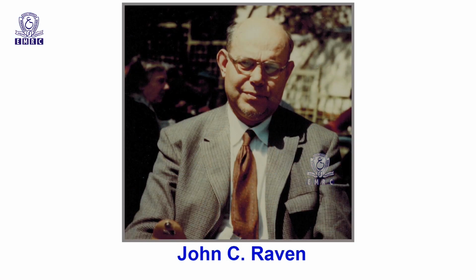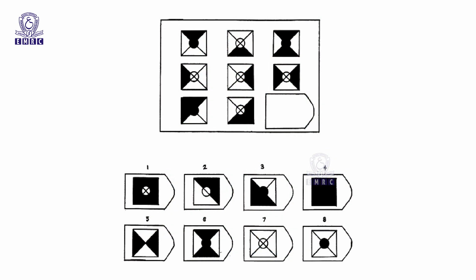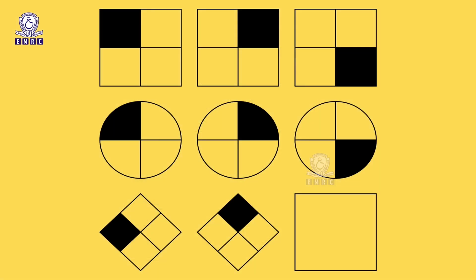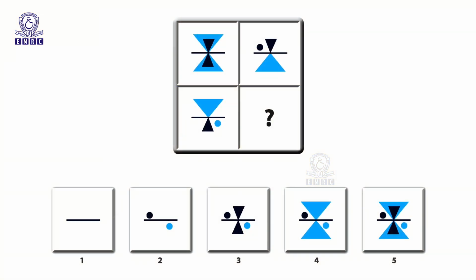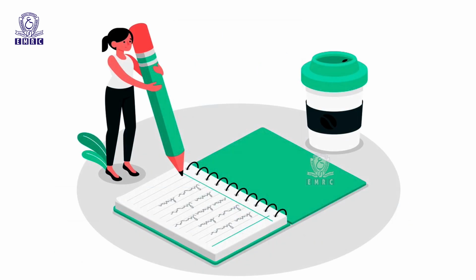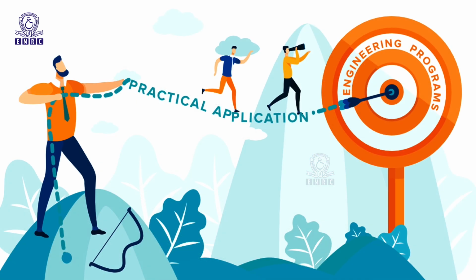The tests were originally developed by John C. Raven in 1936. In each test item, the subject is asked to identify the missing element that completes a pattern. Many patterns are presented in the form of 6 by 6, 4 by 4, 3 by 3, or 2 by 2 matrices, giving the test its name. Because of their independence of language, reading and writing skills, and the simplicity of their use and interpretation, they quickly found widespread practical application.